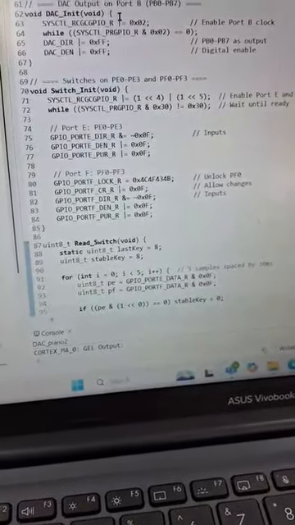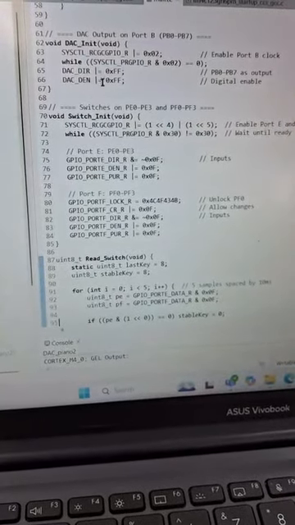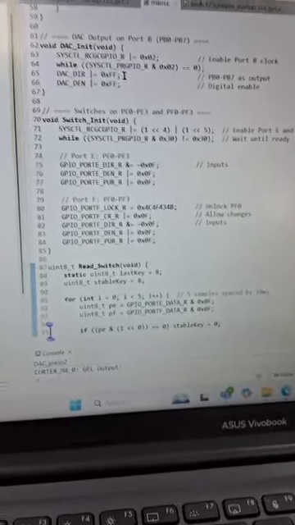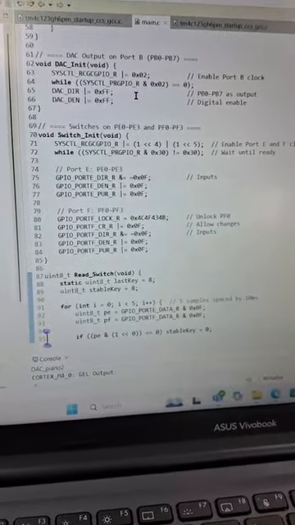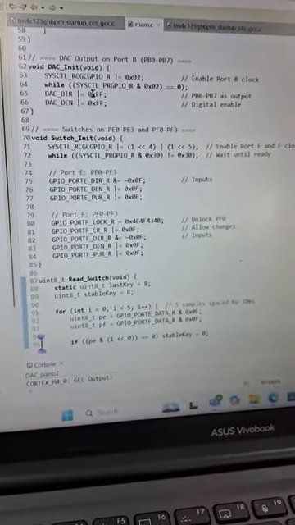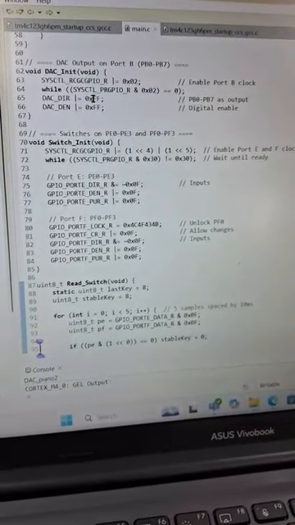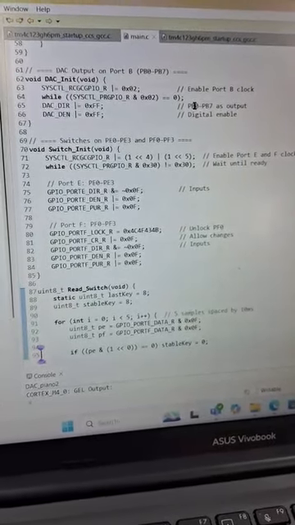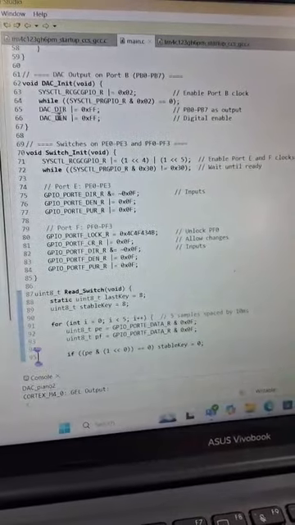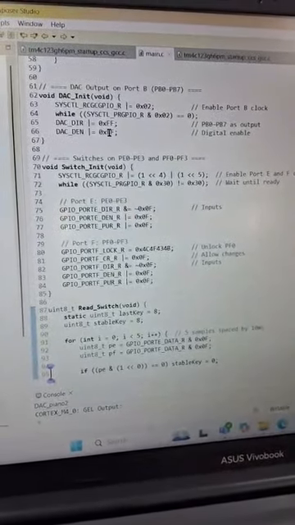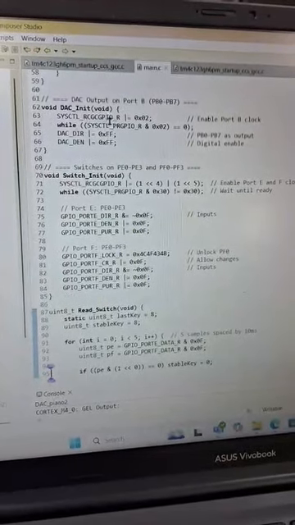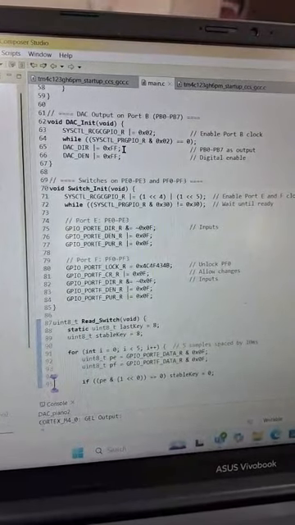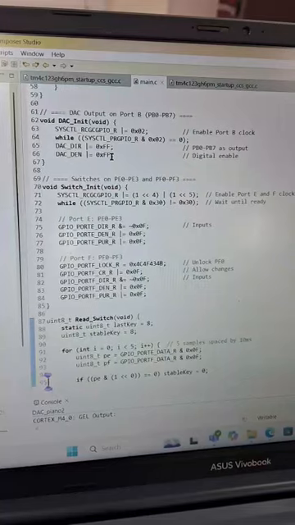Now the DAC initialization. In DAC initialization, we enable the direction register, that is, we are taking output, so we configure it as 0xFF. We are configuring port B from 0 to 7, and for digital enable we configure it as 0xFF. And this is first where we set the clock and give the direction for output, and this is the digital enable